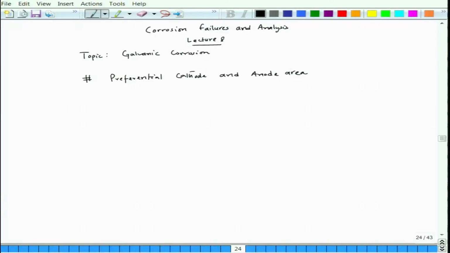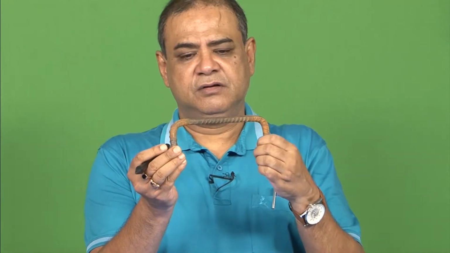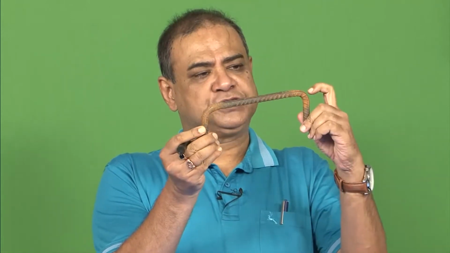For example, if it is a stressed condition, then the corrosion happens on the stressed part because of the galvanic effect. Let me just show you one example. This is a bent rebar. If you see this bent portion, as well as this portion, they are specifically corroded. Red rust is more in these two segments, because whenever you bend it, that particular portion